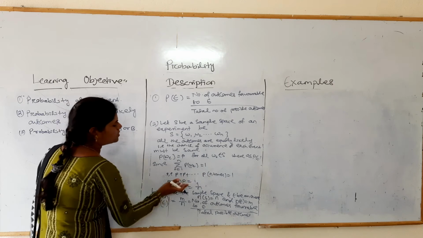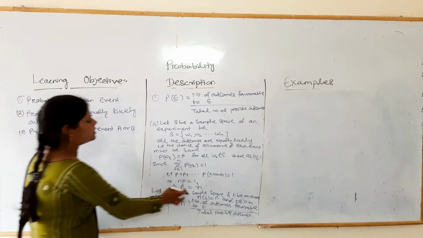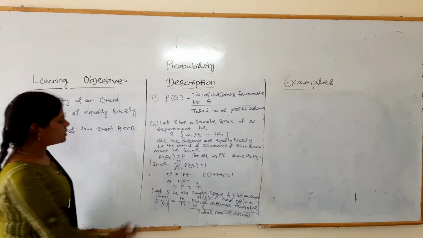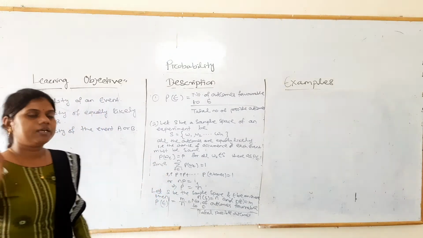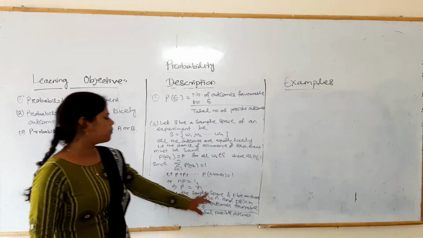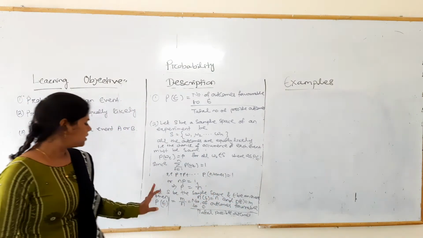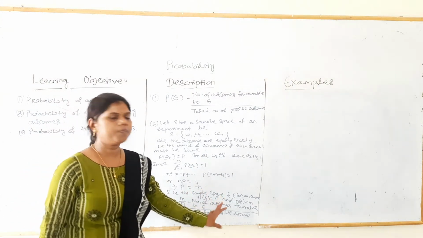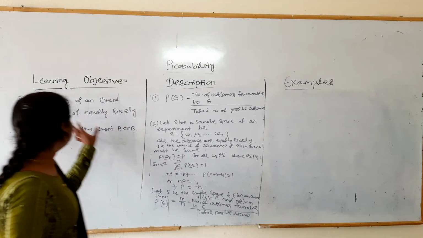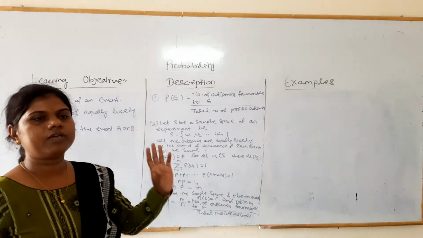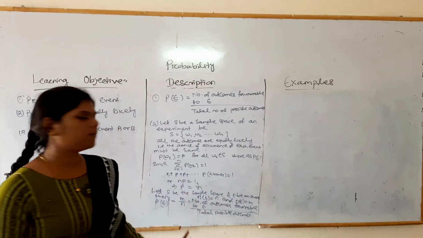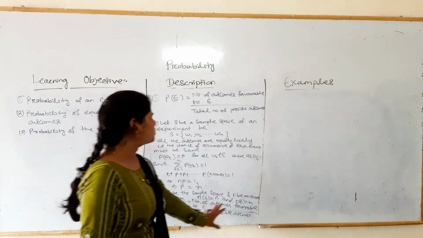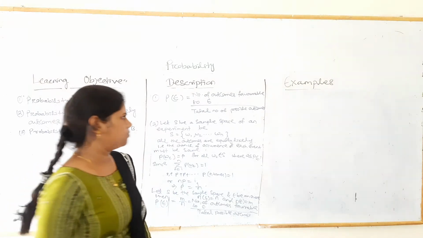So this n times p is equal to 1, so p is equal to 1 by n. That means simply, if we take S as the sample space and E as an event, then the probability of E is equal to m by n. This is the general formula to find the probability of equally likely events, that is, the number of outcomes favorable to E